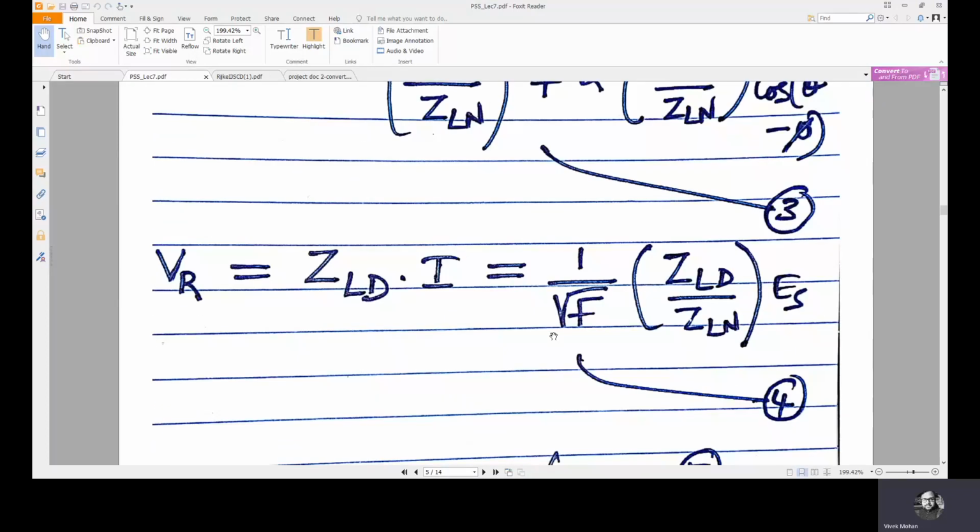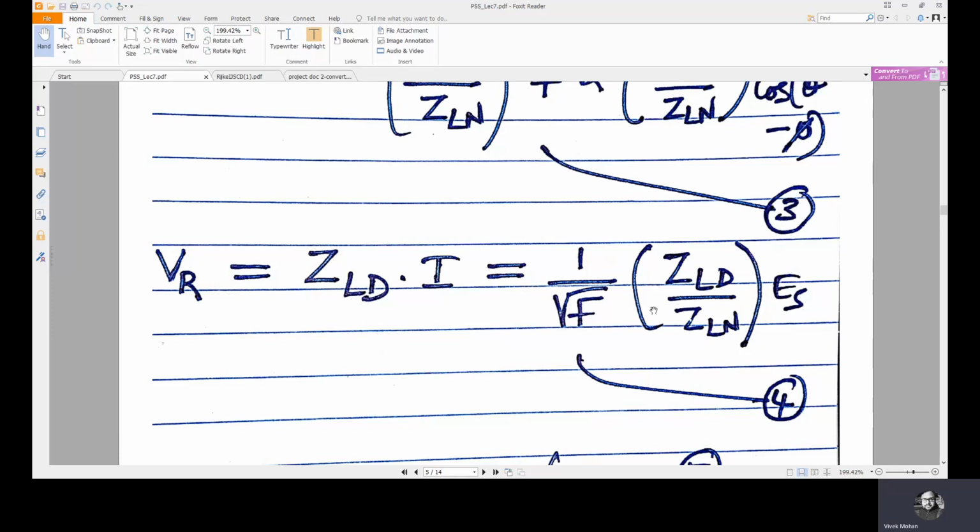Now why we are doing this, we'll see. Whenever the load is increased, how the voltage profile is affected. We want to analyze this. We want to analyze the variations of the receiving end voltage for variations in loads. Suppose the load is represented as impedance load, then that is ZLD. So how VR is varied for variations in ZLD. If we want to analyze this, we need this expression. So we are somehow trying to relate ZLD and VR.